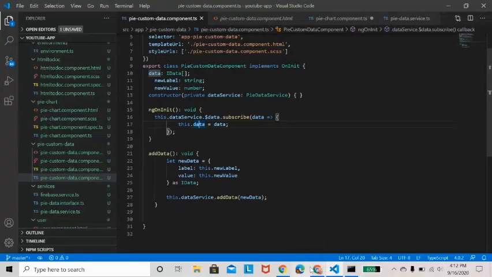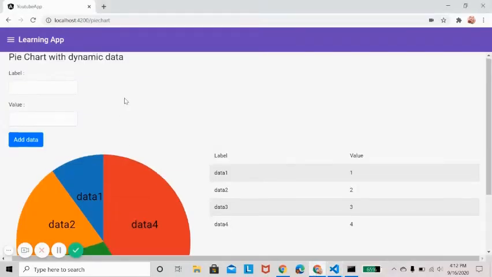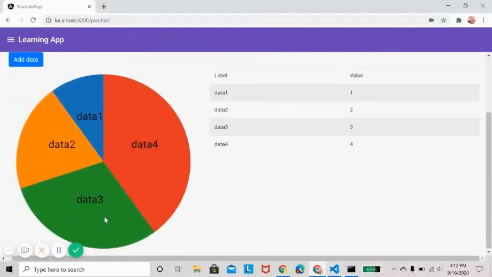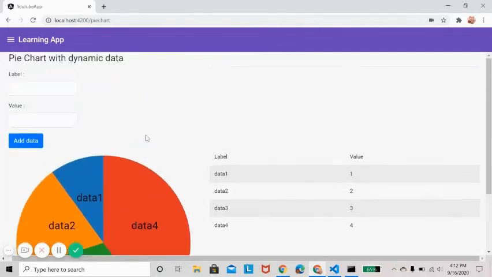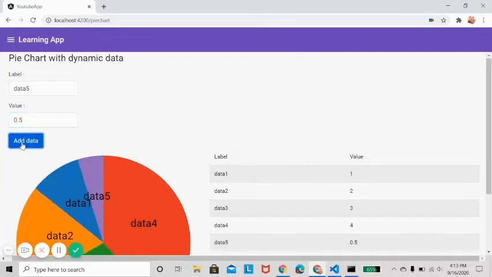I will show the demo of that here. This is my pie chart. This is the corresponding text, that is the label, and this is the corresponding color. So for example, I'm going to add one label here and value as 0.5. Then add data.